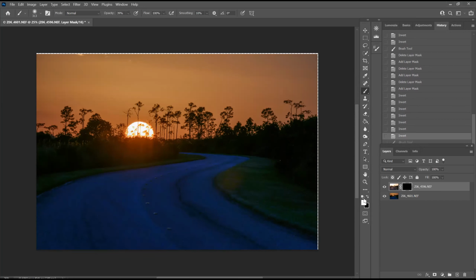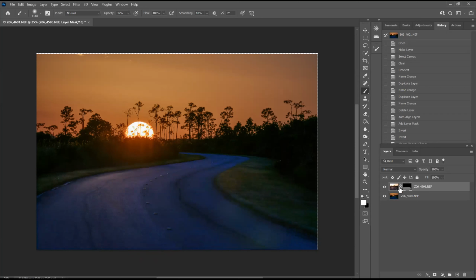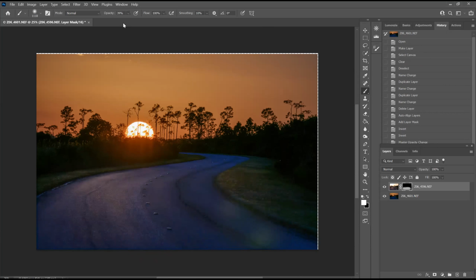We're in the white brush. Make it bigger. I painted this in to bring out that bottom layer. Because if you remember, in this first image the sun flare was only in that one. It was not in the second one because the sun wasn't shining in it. So if I completely wipe this, bring this opacity up.